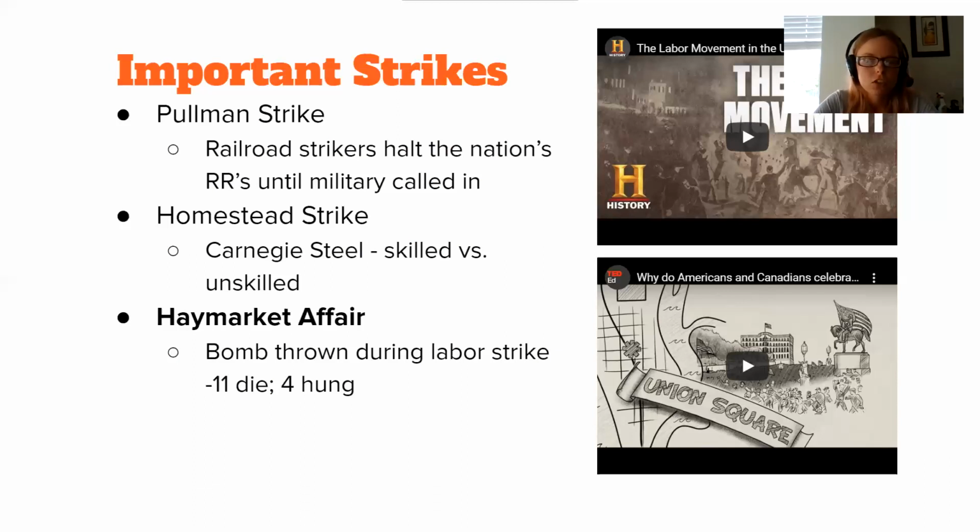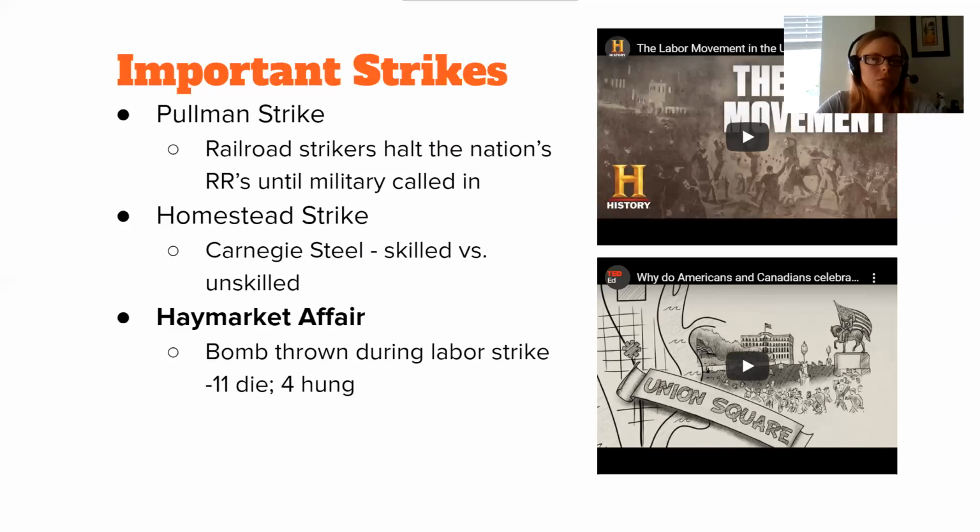Now, the first big strike that ends up very violent we're going to talk about is the Pullman strike. It was near Chicago at the Pullman factory. Pullman factory made those fancy sleeper cars, like a railroad car. It has the coach class. It has the normal chairs on a railroad that people sit in. But there's also railroad cars that have these compartments that have these beds that fold down and people can go into the compartment, have some privacy and lay down, and when they wake up they're at the next place. That's called a sleeper car, and that's what the Pullman factory built.